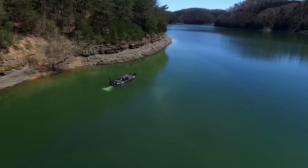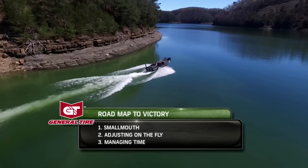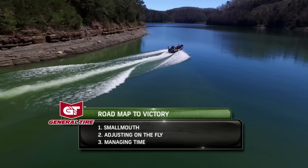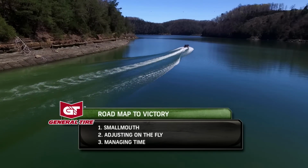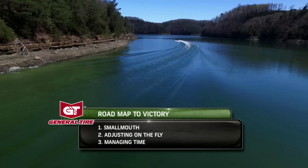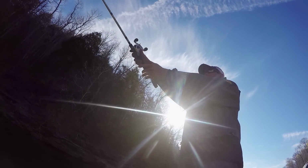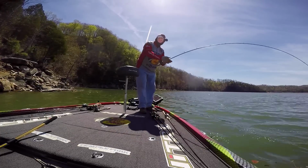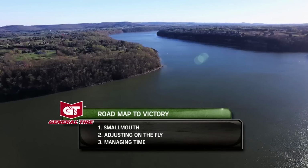David, break it down for us. Basically, I think there's 3 key points in this tournament. #1 is going to be smallmouth. The guy who can consistently come in with those limits of smallmouth or fill his limit mostly with smallmouth are going to be on top. And the guy who can adjust on the fly. We've had 2 days of wind and rain, and the next few days are going to be totally different curveball. So the guy who can adjust on the fly, which means they might be moving up to spawn, fish are going to be moving, so they got to keep up with where they're at,